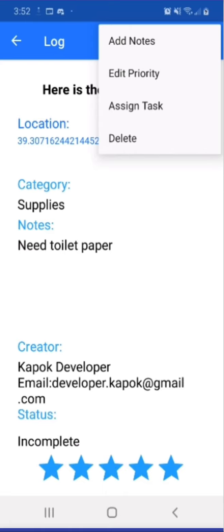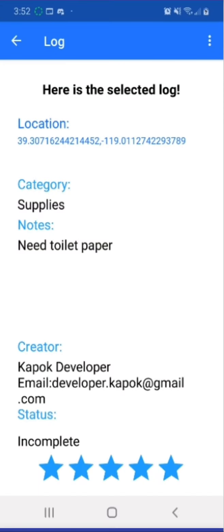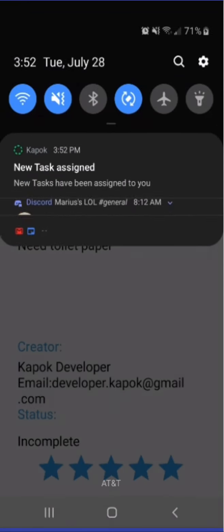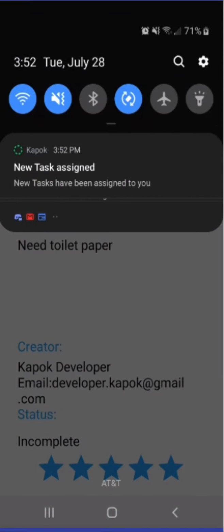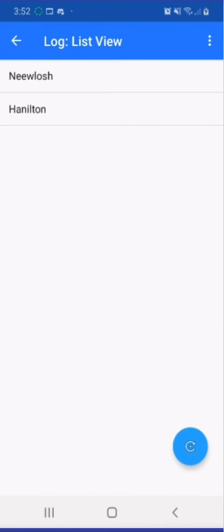Now let's go with assign task for now. It will take you to this dialog box. Since I'm the only person in the team, I am the administrator. And since I'm the only one in the team, I cannot assign a task to anyone but myself. So I'll assign the task. And you see at the top, we just got a notification saying new tasks have been assigned to you. And yeah, if you go back,